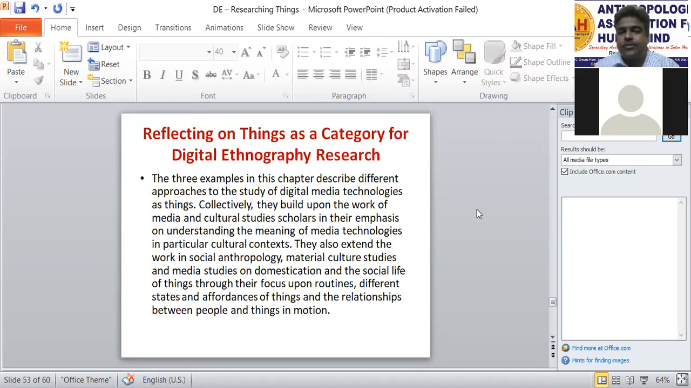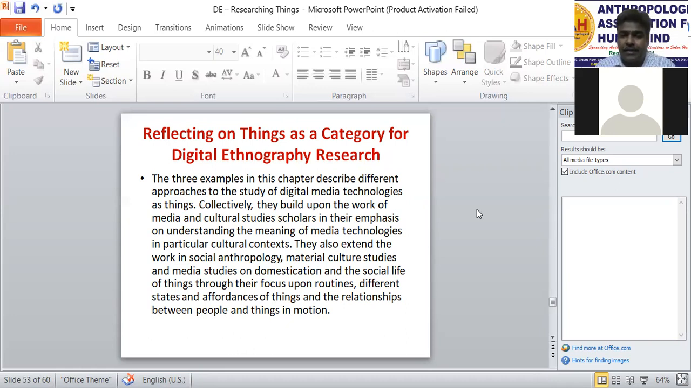Reflecting on things as a category for digital ethnography research. The three examples in this chapter, which were discussed just before, describe different approaches to the study of digital media technologies as things. Collectively, they build